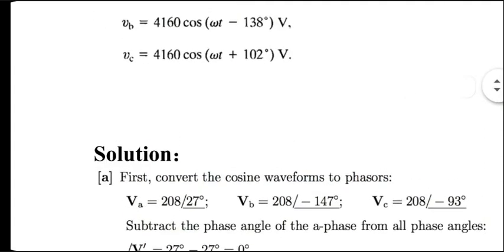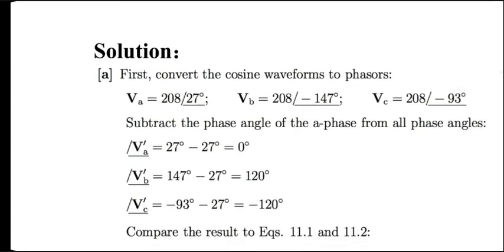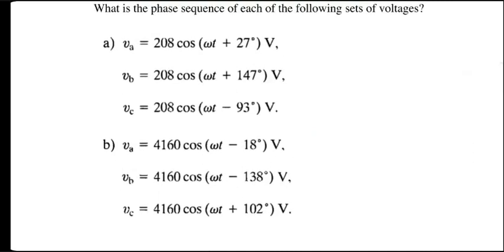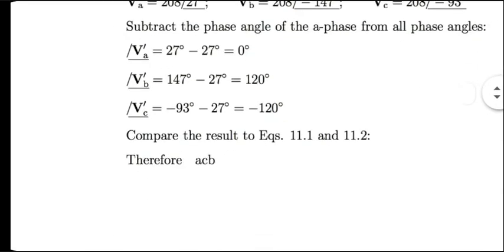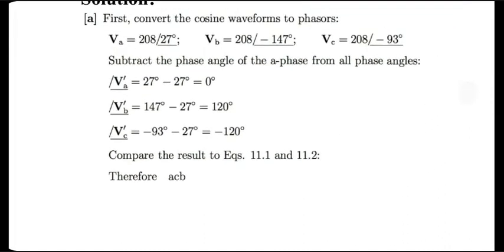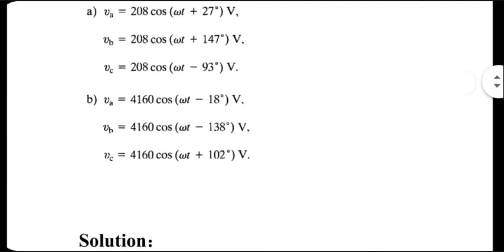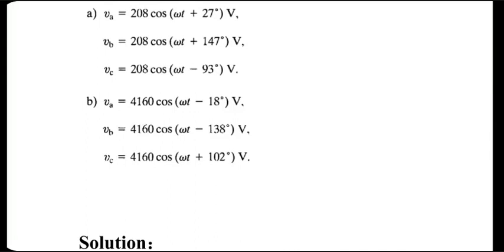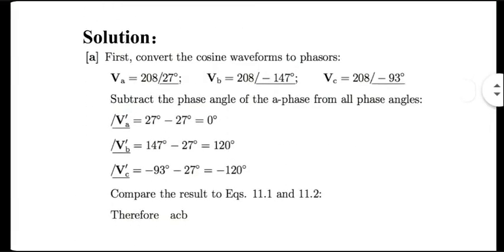Wait a minute. No, I'm mistaken. This is negative sequence. It's a matter of terminology. If you have progressive minus 120 degree phase shift, that is positive sequence. I know for sure. Okay, but here instead of giving that answer, he's telling you ACB. So A peaks first, C peaks next, and B peaks after that. Phase sequence essentially is the order in which the phases' time-dependent voltages peak along the time axis. So the answer is either negative phase sequence, or even better answer is ACB.